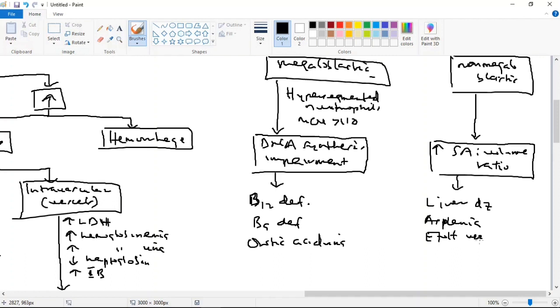Alcohol use can cause folate deficiency. Alcohol inhibits folate absorption as well. Patients with chronic hemolysis too, because we have a limited store of B9 in the body, unlike B12, which is stored in the